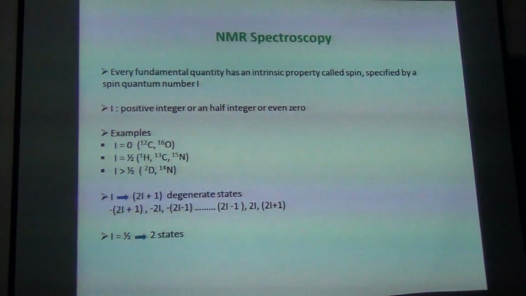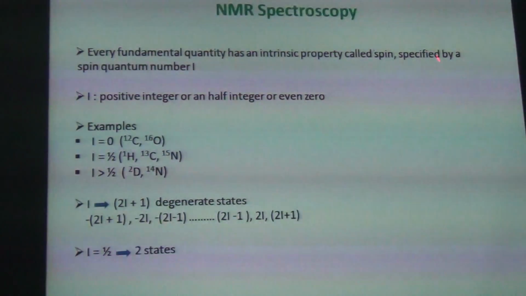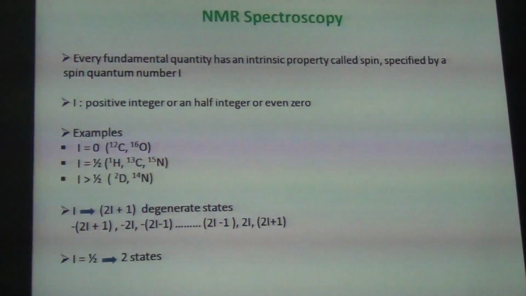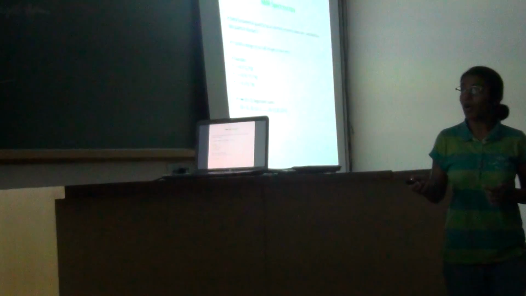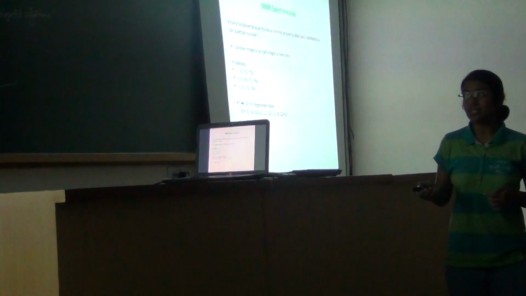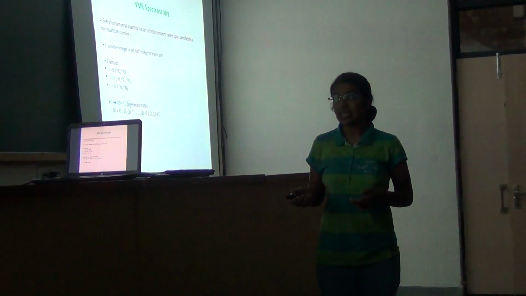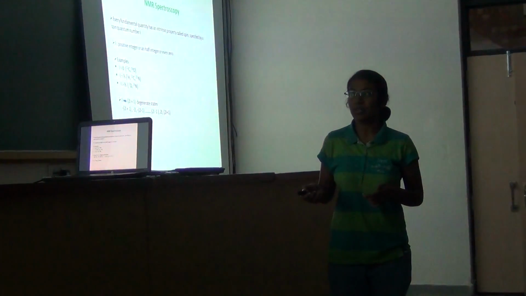So every fundamental quantity has an intrinsic property which is called spin, and this is generally specified by a spin quantum number I. Now this I can be either a positive integer or a half integer or even 0. And the examples of nuclei where I takes these various values are written here. When I takes the value 0, the examples are 12C or 16O. When I becomes a half integer, the examples are proton, 13C or 15N. And when I is greater than half, the examples are 2D, which is the isotope of hydrogen, deuterium,